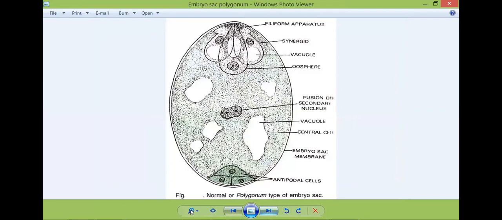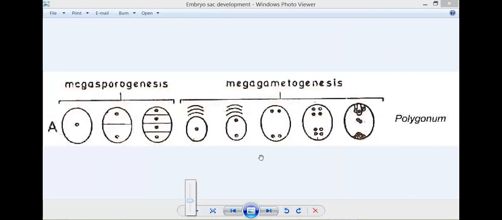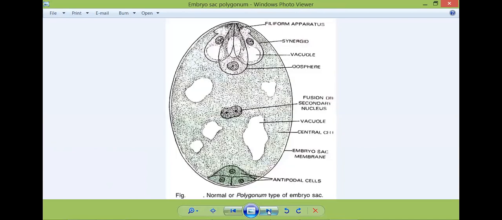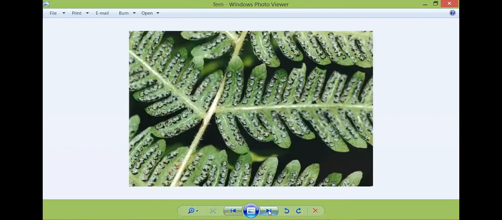So this is the beautiful simple diagram of megasporogenesis. Are you seeing it? So one cell divides into two, meiosis 1, this is meiosis 2. The top three cells disintegrate, bottom one present. Now it will divide by two mitoses. This is second generation, this is third generation. 8 cells, 3 from this side, 3 from this side, joined to form this. This is polygonal type. Okay, so these things we have already discussed.